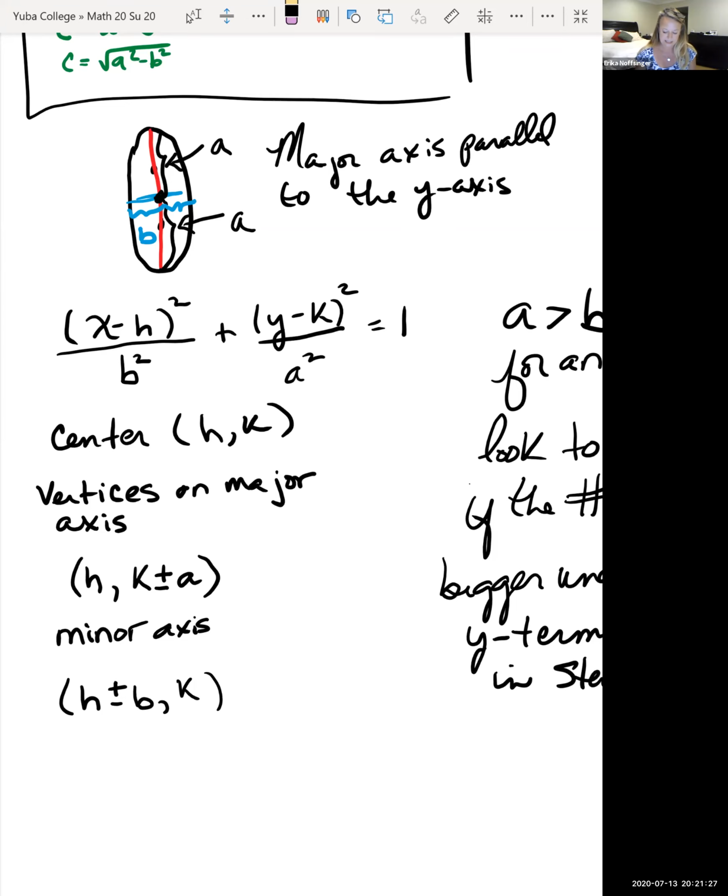And again, c is the square root of the bigger number underneath the denominator minus the smaller number. And to get to our foci,